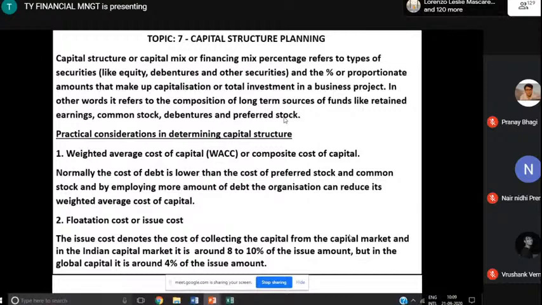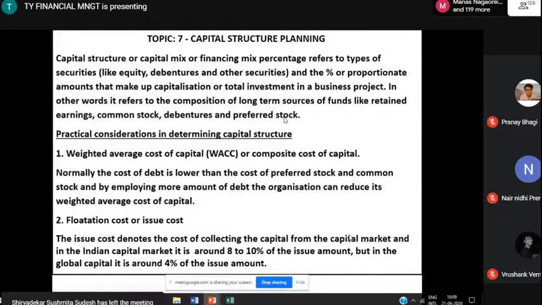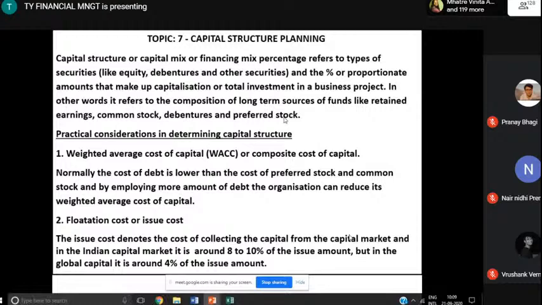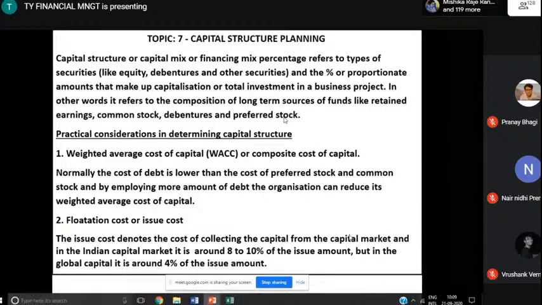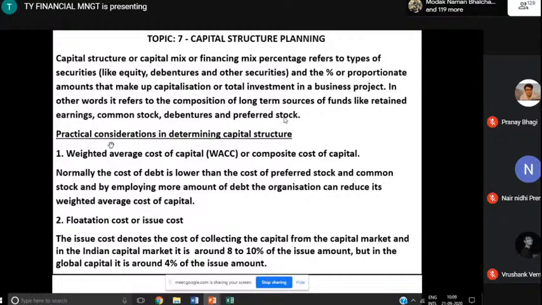In front office management, you dealt with the sales mix. Because you are a front office manager. Here you have to deal with financing mix. What is financing mix? Capital mix. What is capital mix? Capital structure. Okay, underline the first 3 words, capital structure or capital mix or financing mix percentage refers to the